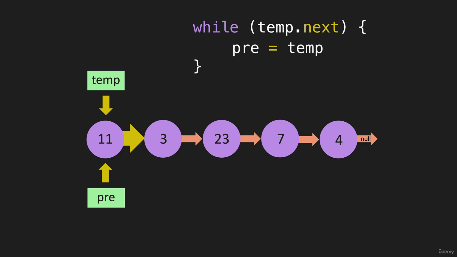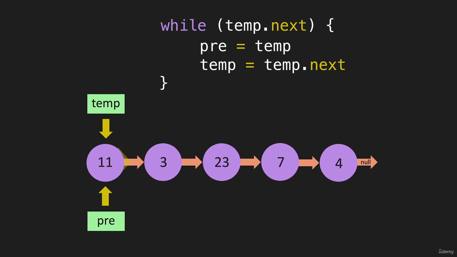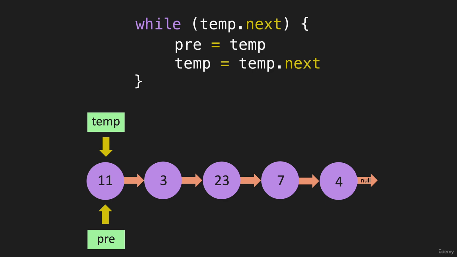And then we're going to say pre equals temp. And for the first iteration through the loop, pre is already set equal to temp. So this doesn't change anything. And then we'll say that temp equals temp.next, which is going to move temp over. So let's move this down like this, and we'll walk through this all the way to the end of the